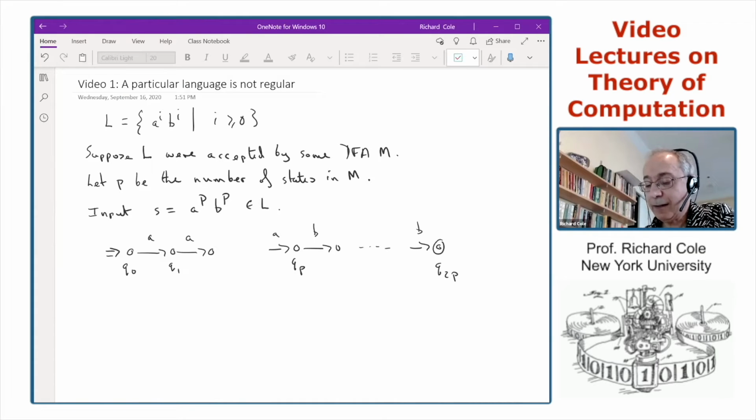In particular, there's a repetition in going from Q0 to Q1 to QP. This is a total of P plus 1 states that we've gone through, but there are only P different states, and therefore there must be a repetition by the time we've got to QP. Let me write that down as it's important. Must be a repetition